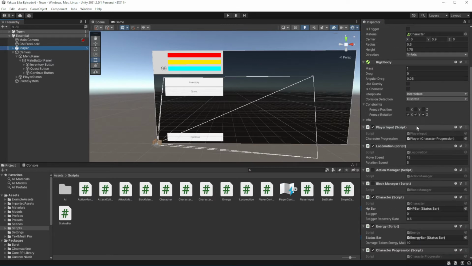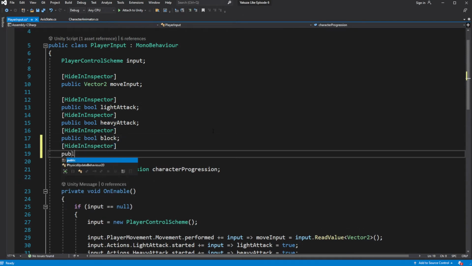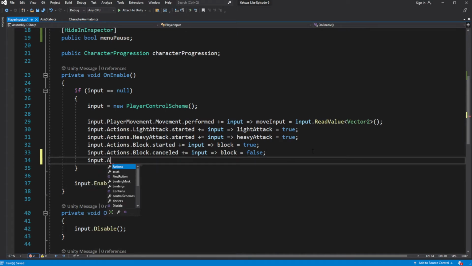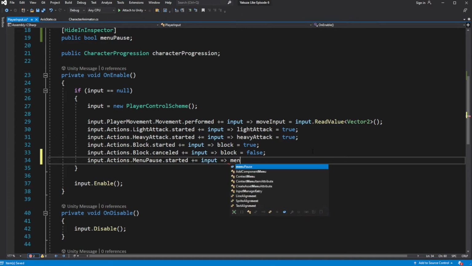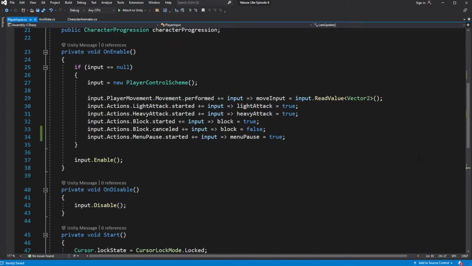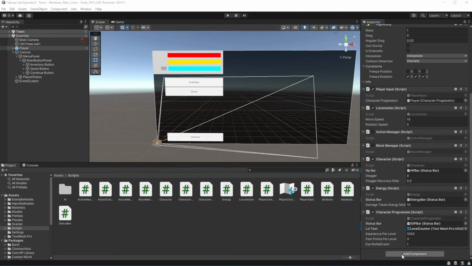Open player input and allocate the pause menu button. Hide the menu panel on the scene.